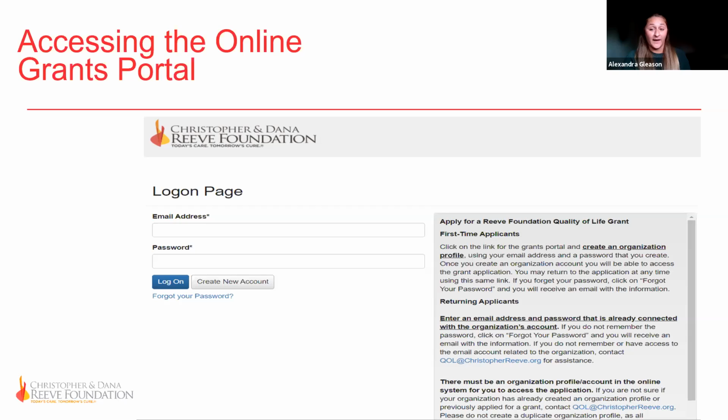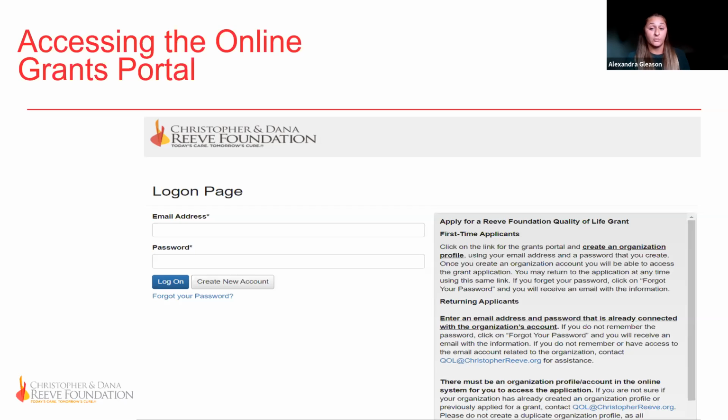If you have applied in the past, you'll need to enter your email address and password that you have previously created. If you forgot your password, you can click the Forgot Password link and an email will be sent to you to reset. If you do not remember or don't have access to the email account related to the organization, once again, you can contact QOL@ChristopherReeve.org.